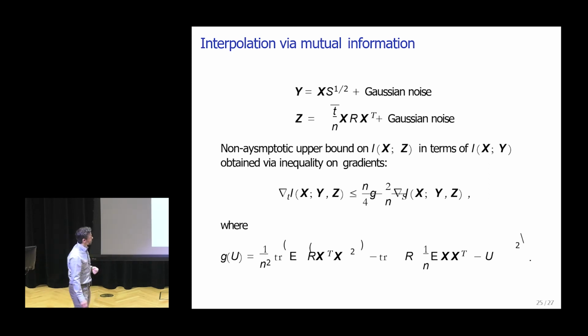Z is Gaussian noise. And I think one of the new innovations of our proof technique is to get a very general upper bound just by noticing an inequality of the gradients with respect to the two parameters. That is, you can compare the gradient with respect to the single scalar parameter in the matrix problem to the gradient with respect to the matrix SNR in the signal plus noise problem. Once you have this, it plugs in and there are no little o-terms floating around anymore, and you have an exact bound. Using that exact bound, we're then able to get our upper bound on the MMSE.